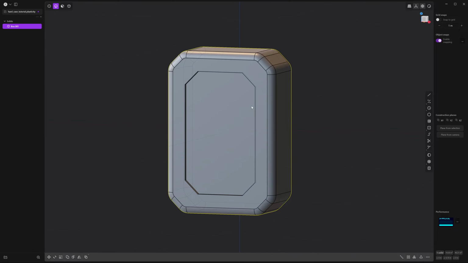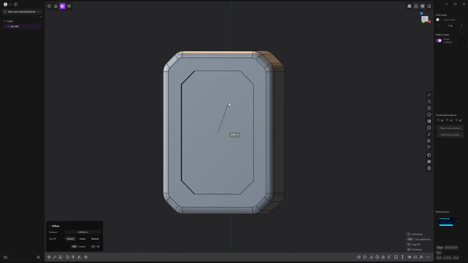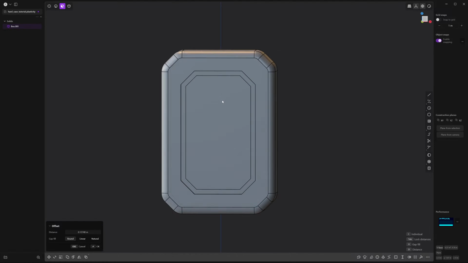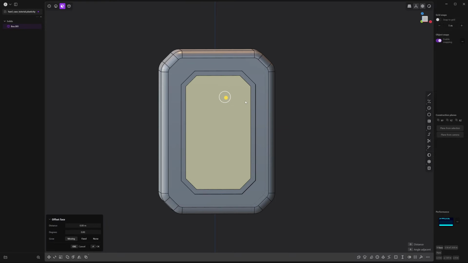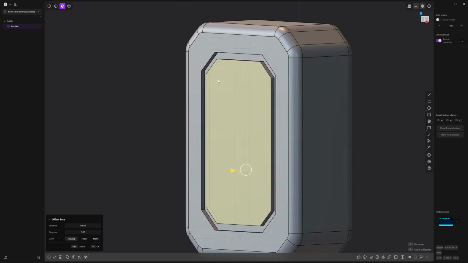And now we're going to go to face mode. So press 3 or press this icon on the top left for face mode. And that lets you select the faces on these surfaces. Once you've selected the center face, press O to offset it. So it's going to duplicate that edge inwards proportionally. And now what you could do is select that face in the center and move it outwards. So hold that handle and press Control so you can snap, and right click to accept.